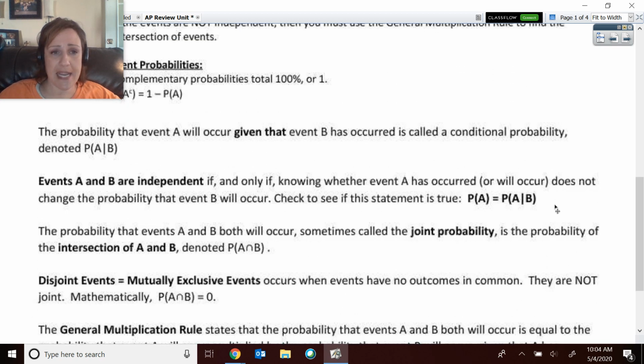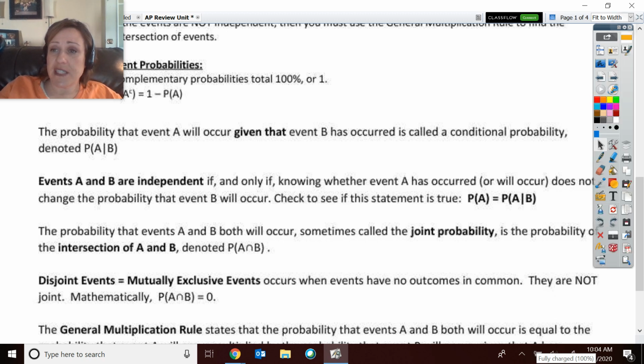Okay, now let's recall this given that situation. The probability of one thing, so this is whenever we have a conditional situation. We don't have everything, or we don't know that they're independent. So we know that if we said, what's the probability of one thing given that the other has occurred? Here's how it would be written. Probability of A given that B has occurred. All right, now,